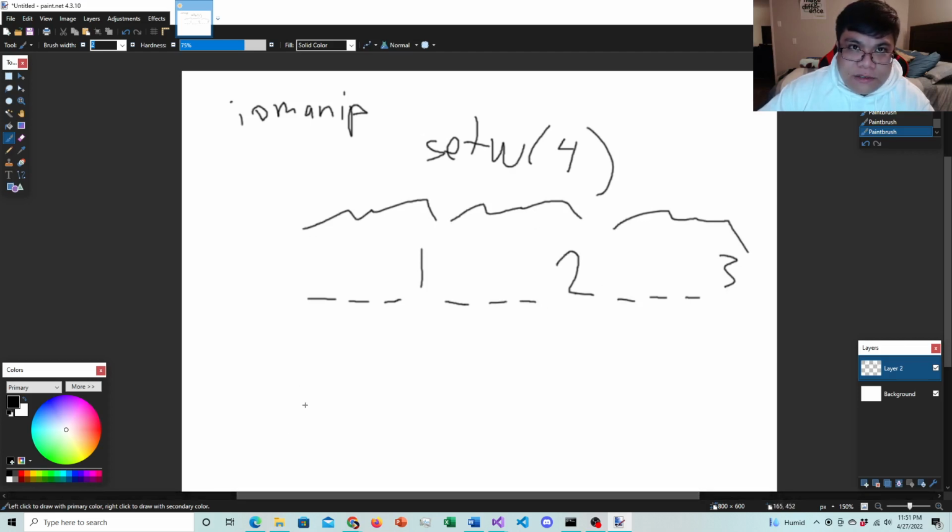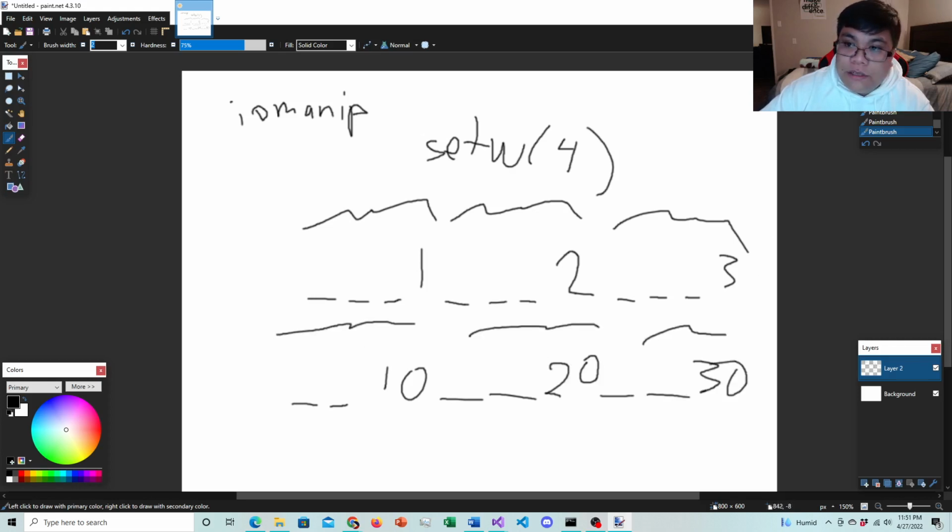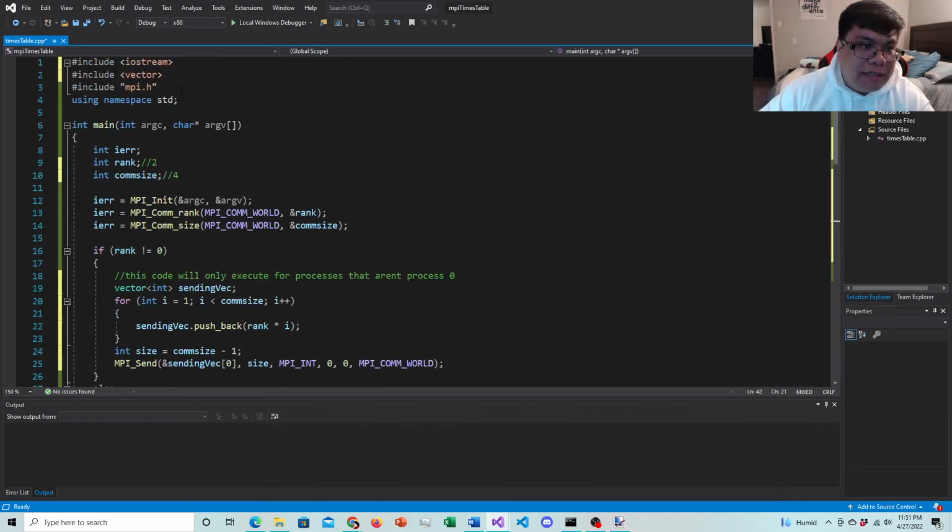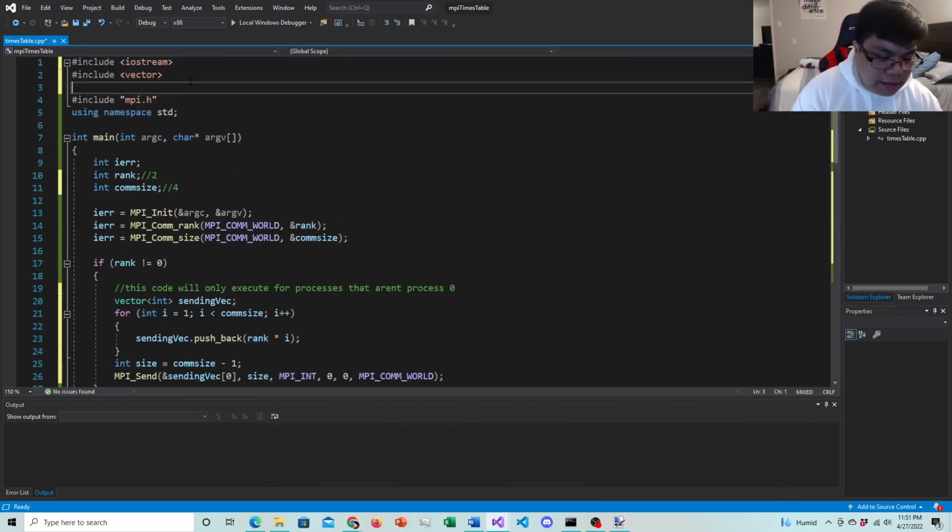So this makes it so that if my multiples were like a high number, like say 10, it would be 2 spaces, 10, 2 spaces, 20, 2 spaces, 30. This also has a width of 4. So I'm going to scroll back to the top, include iomanip,